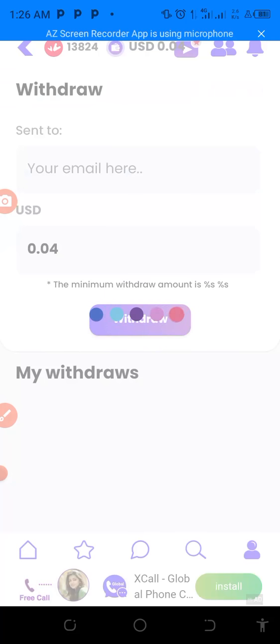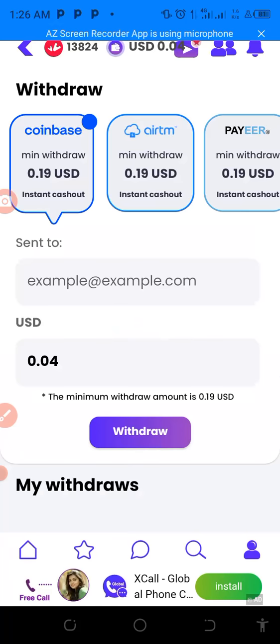So you can see that I have already converted those, and I'm not up to the amount I can withdraw. You can see I still have US dollar 0.4 cents. The minimum withdrawal amount is 0.19 US dollars.